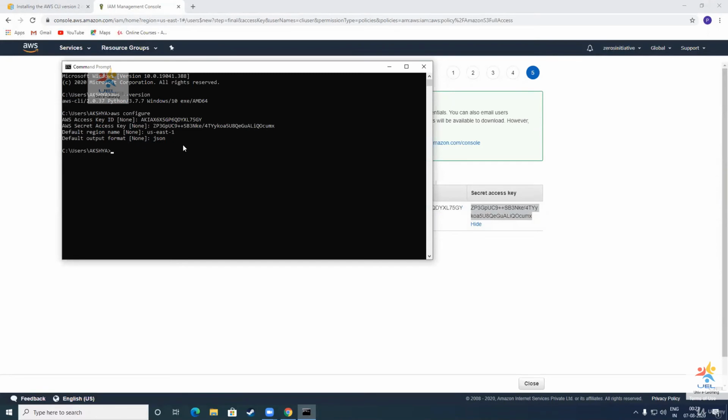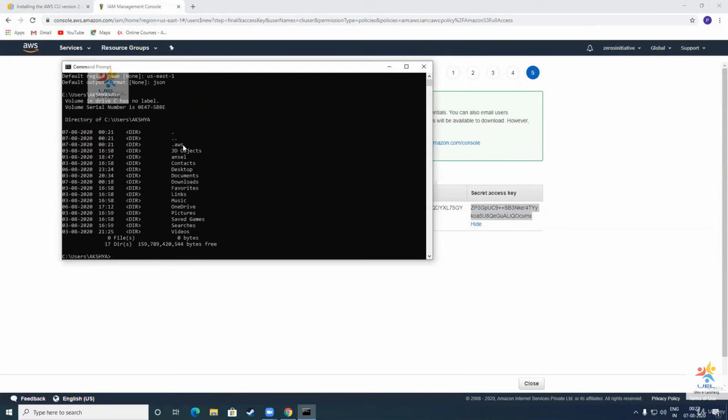So now this user particularly has access to S3. And before checking that, let's first check as to where our access key ID and secret access key are being stored on our machine. So it's going to be stored in a file. Okay, so I'm pretty much familiar with MacBook. That's the reason why I typed the cat command. But let's go ahead and open up the .aws directory.